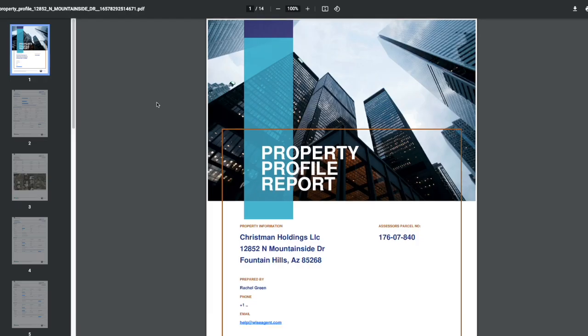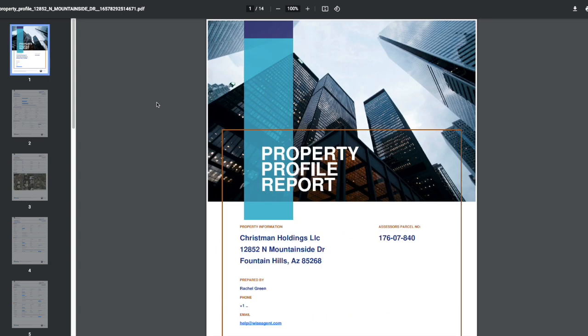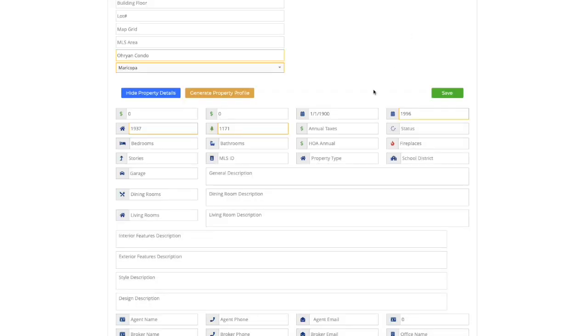And you'll also notice that the property profile report has been generated. This property profile report has everything you need for your listing presentation. This is just one of the ways that WiseAgent helps you work smarter and not harder. Going back to the Edit Properties page,